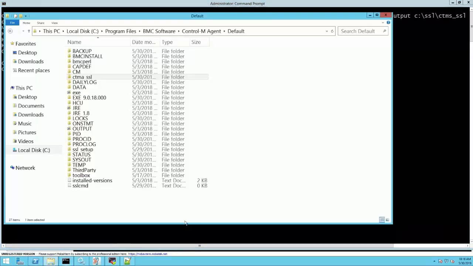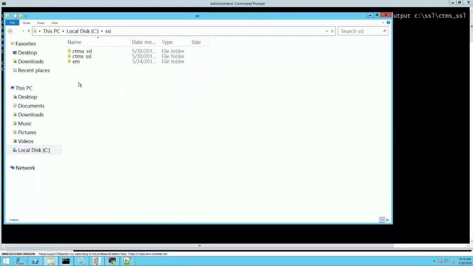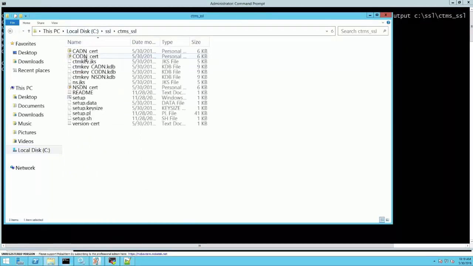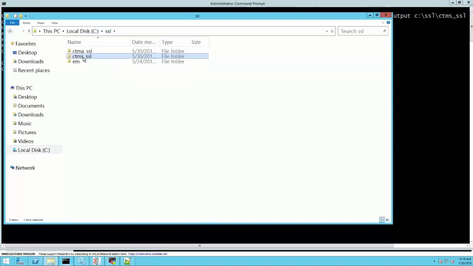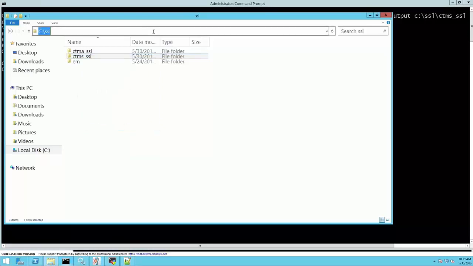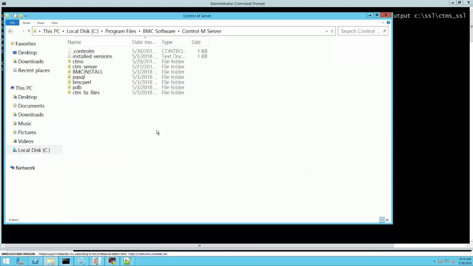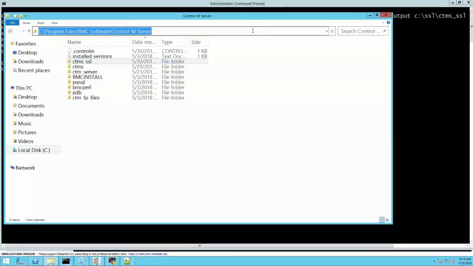So we'll go back to Windows Explorer and see now. So let's go back to our SSL location. And there are our files again. We'll move it over with the copy. Go back to the Control M server home location. Now remember, we're looking for the installed versions, and we're going to go ahead and paste this in here. Now what I'll do is